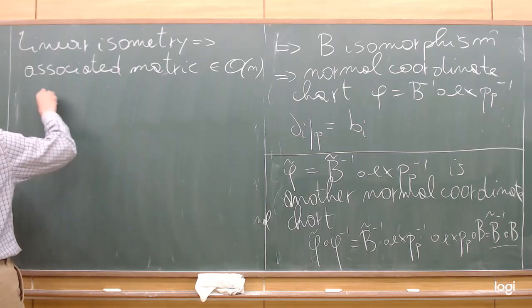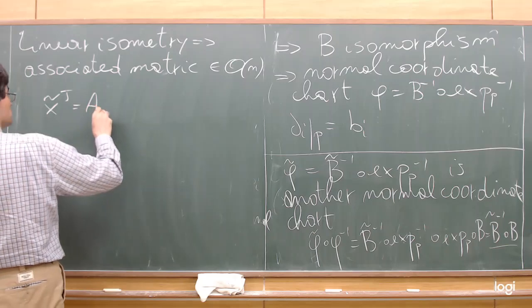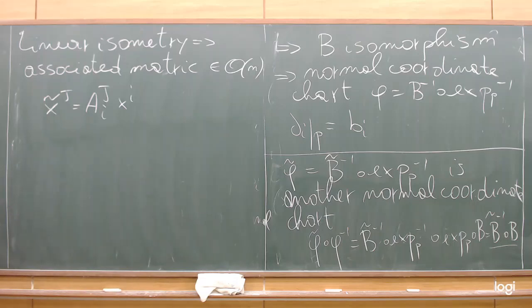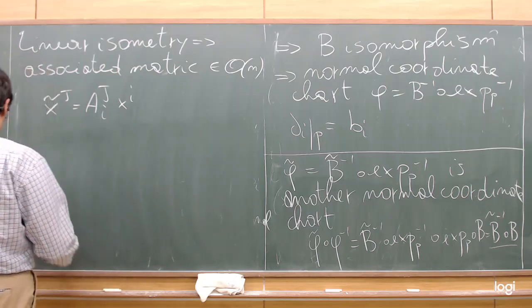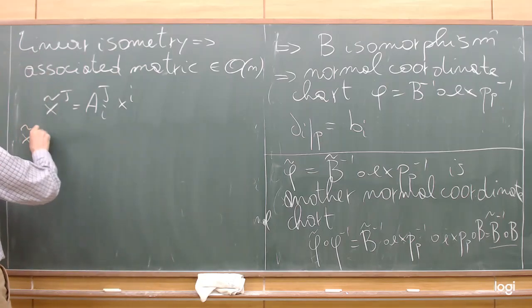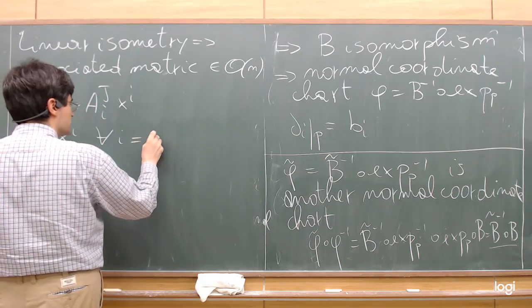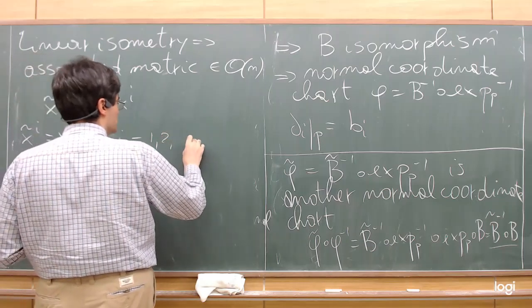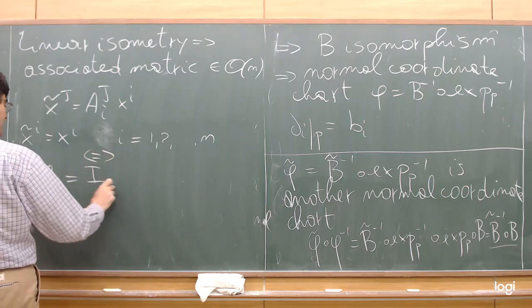So we get that such a relation is true, and from this identity we deduce that x tilde i is equal to x i for any i equal 1 to n if and only if A is the identity,